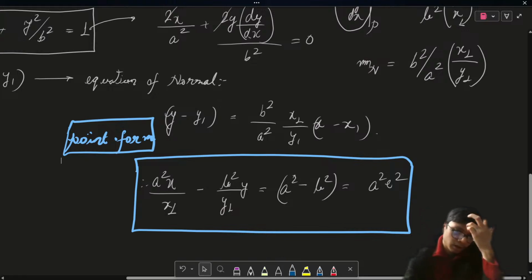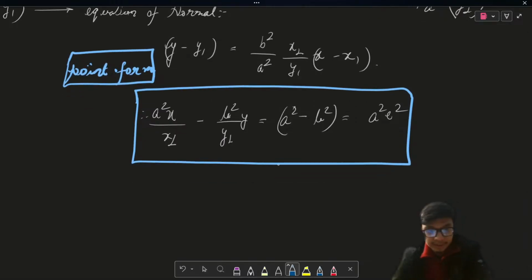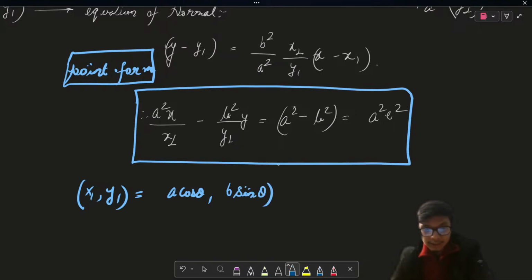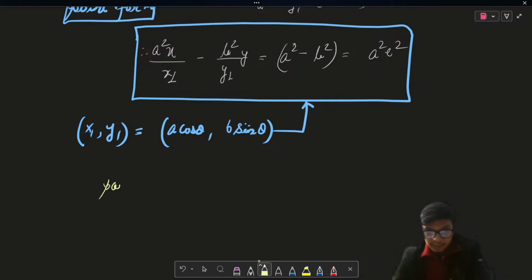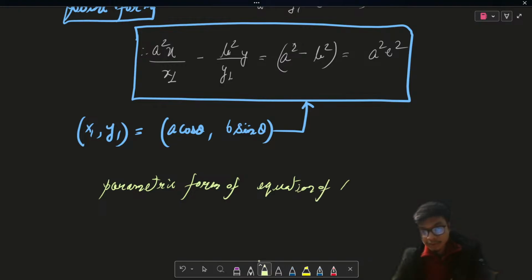And similarly, we know that the parametric format of writing down any point on the ellipse is basically given as a times cosine theta comma b times sine theta, right? So if I just substitute in place of x1 and y1 as a cos theta and b sine theta, we will obtain the parametric form of the equation of the normal to this ellipse, and that will turn out to be,